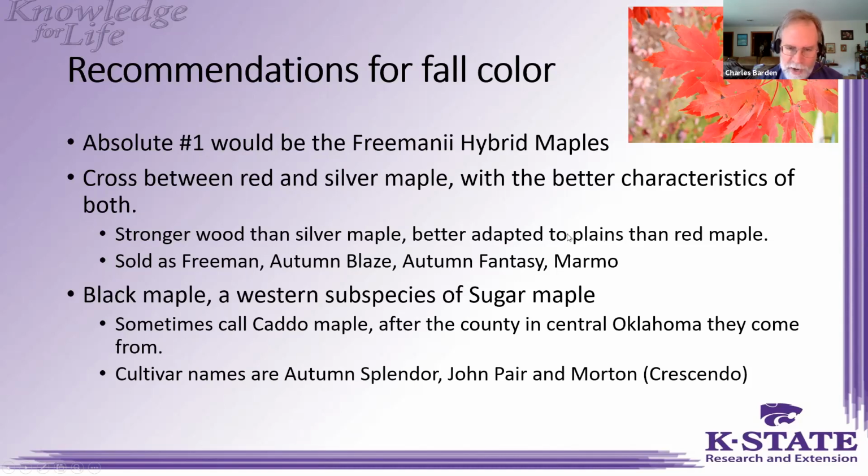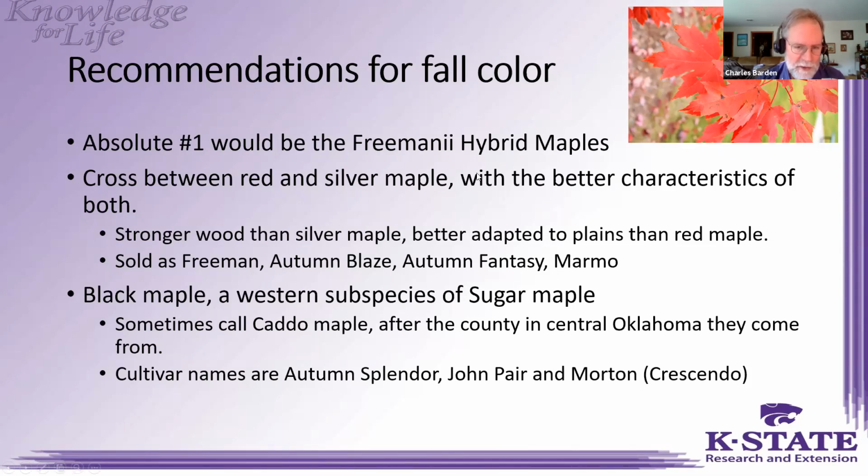There are several different selections of these hybrids depending on the genetic parentage of the red maple parent and the silver maple parent. Some that are sold are Freeman's maple, or Autumn Blaze, a very popular one. Autumn Fantasy is one, and also one called Marmo. These are all trees that have very brilliant colors, just guaranteed brilliant colors. Quite often they'll start off yellow in the fall and then transition to this bright red, as you see in the upper right hand picture. This picture here is of a Freeman maple. Notice the shape of the leaf is like a silver maple, but the color is more like a very bright red maple.